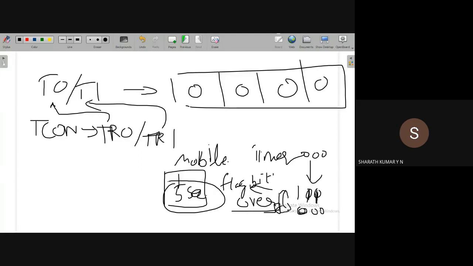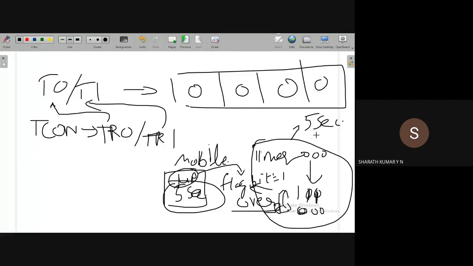The processor inside the mobile device continuously monitors this flag bit. If the flag bit is set to 1, it understands that the timer has overflown. Timer overflow indicates that it has generated a delay of 5 seconds. That's all. Otherwise, the mobile is a dead device. It is not powered. Though it is smart, if it is not powered or not programmed, it can't do any magic. So this flag bit helps in telling the processor that the required delay is generated.